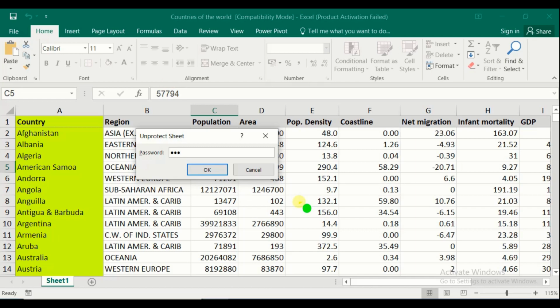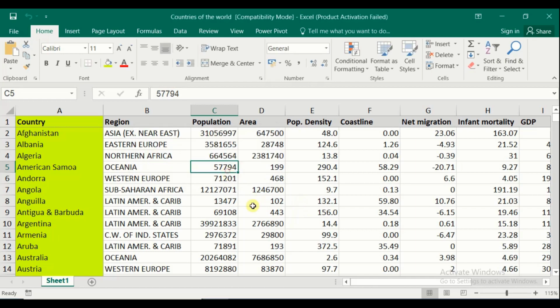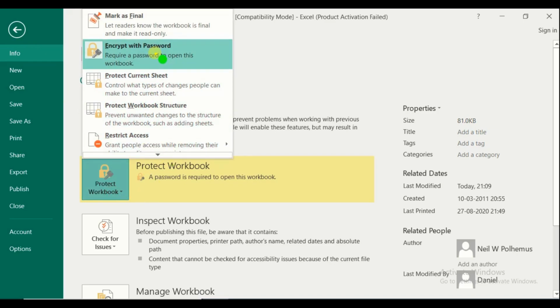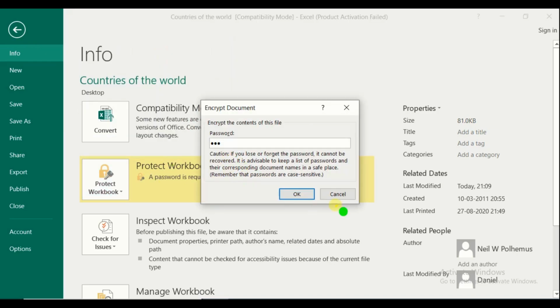ABC is the password we set for the sheet. Now we are able to enter the data, right? Now the file is unprotected. In a similar way, we can also remove the protection for the workbook from here.